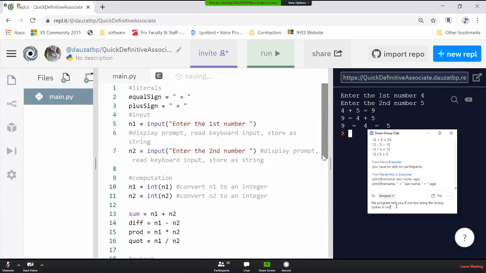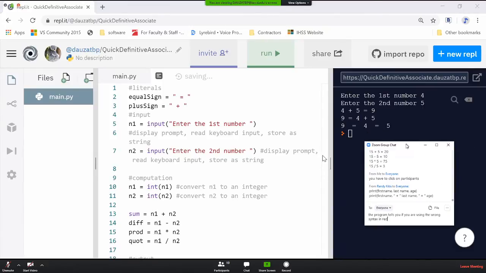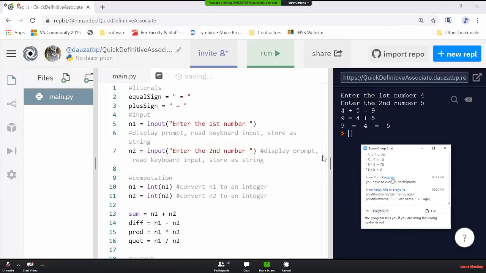The reason you're getting the errors you're getting is because you have print, first name, comma, that's okay. Then you have quote mark plus quote. Then you have immediately last name. It's got to be quote, comma, last name. You have to put a comma between each item you're outputting. When you have a comma-separated list,